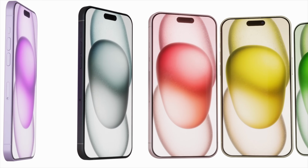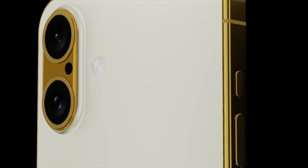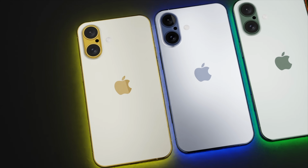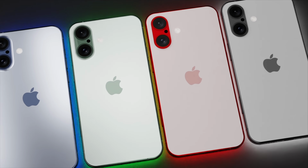So then guys, today I want to tell you about the top 5 biggest upgrades we're going to be getting for the iPhone 16 and the iPhone 16 Plus in 2024, with the release just around the corner now. So that's right guys, today I'm going to talk about the iPhone 16 and the iPhone 16 Plus and give that a little bit of love in a video to see what kind of major upgrades we're going to see there,